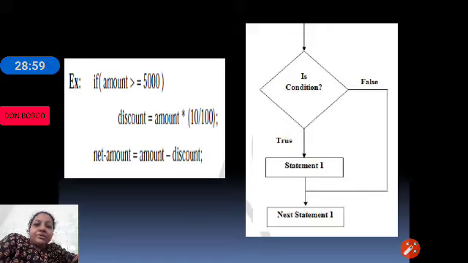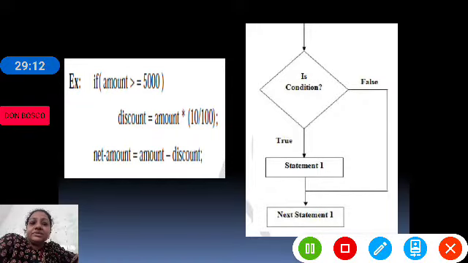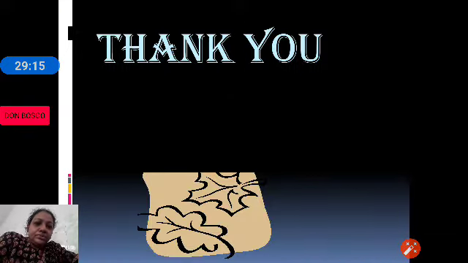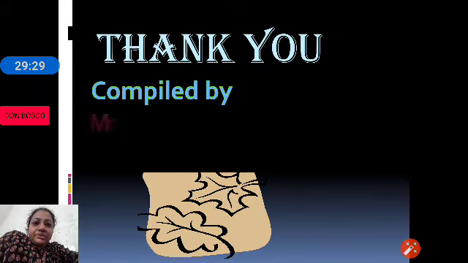Kindly go back to the previous sessions and check the programs or algorithms and flowcharts written for finding the largest among three numbers. So using simple if, also called one-way branching, a statement is executed only if the given condition is true. If the condition is false, the statements are not executed.